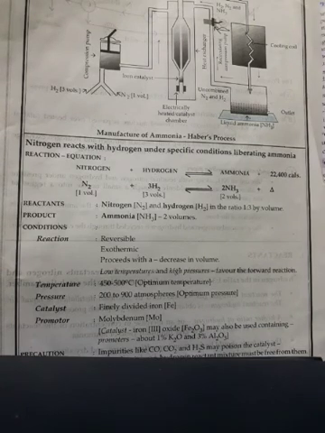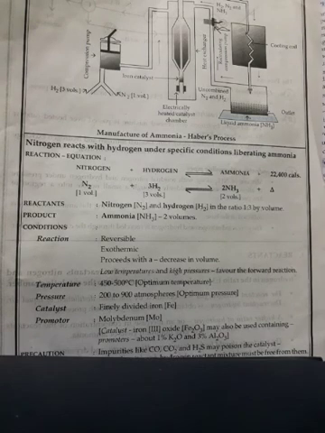This is Haber's process, complete Haber's process. You should learn name of the reactant, what are the conditions required and how to separate ammonia from the mixture of ammonia, hydrogen and nitrogen. And by this process we can obtain 98% of ammonia by recirculating residual gases again and again, and ultimately we will get 98% of ammonia. And then one thing more here, you should remember that only initial heating is required, as reaction is exothermic, and further temperature will be maintained by the reaction.